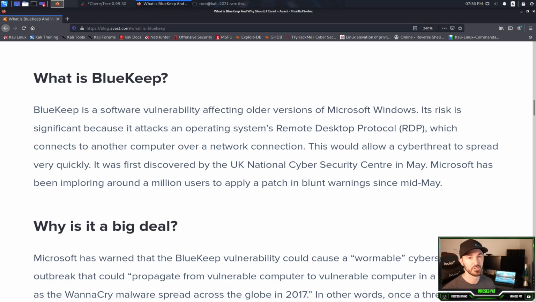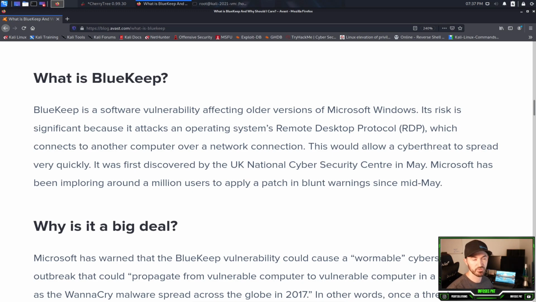your network. This is VirtualBox on my machine, and I have a Windows 7 machine, and I have Metasploitable 3, which is a 2008 box. So this is all contained in my own environment. Remember, make sure you use these techniques in a practice lab to learn cybersecurity, and of course, if you're going to use it in the real world, make sure you have permission to do so. All right, I just want to put that disclaimer out there before we start talking about BlueKeep,